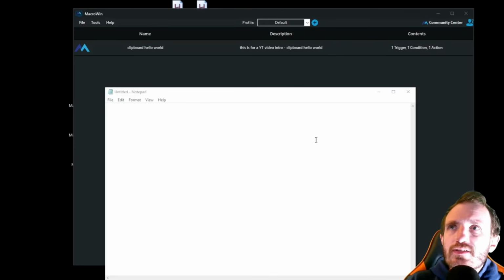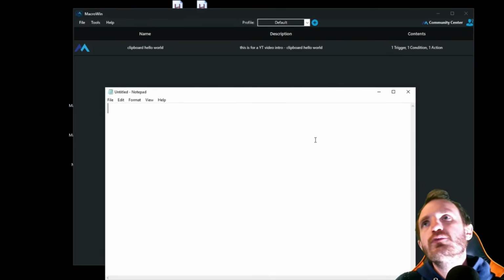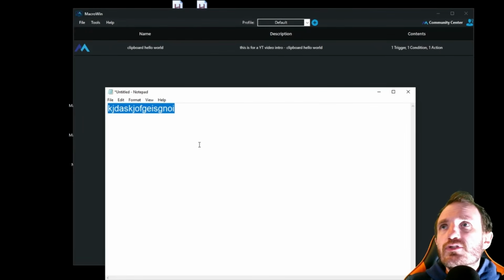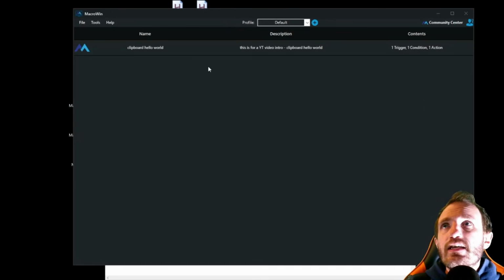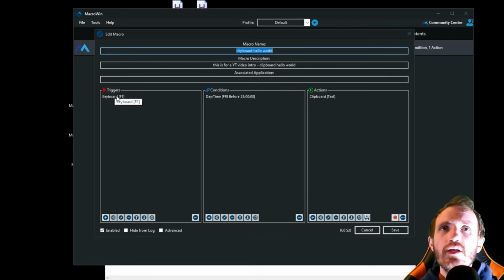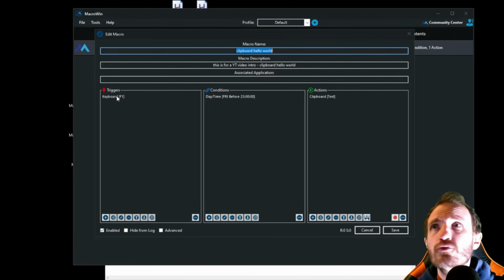Alright, had to pause there for a second to figure out exactly what was going on. Spoke actually to the creator, and we figured it out. So let's do some gibberish into our clipboard. So that is in our clipboard. So here's what I actually figured out. Well, we both did. F1 is probably not the best hotkey to actually use because as of right now, not sure what's going to happen in the future.